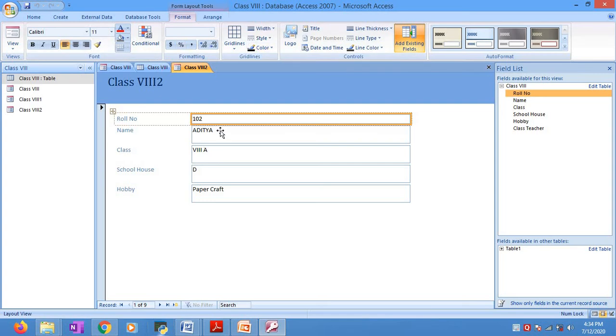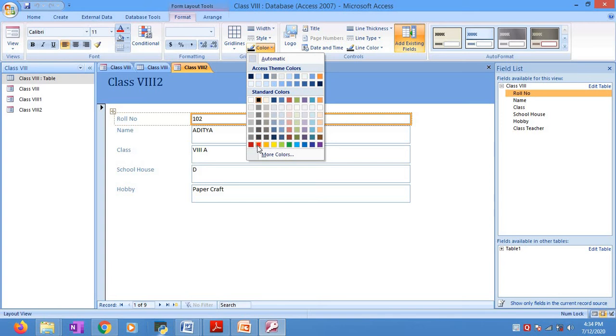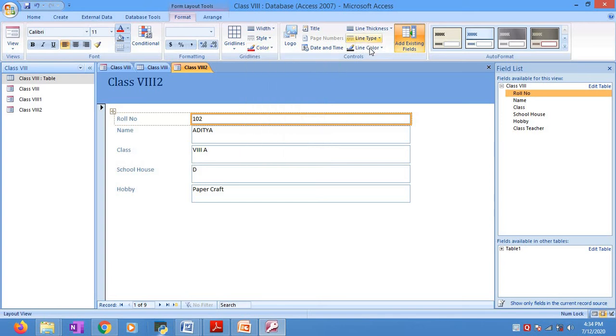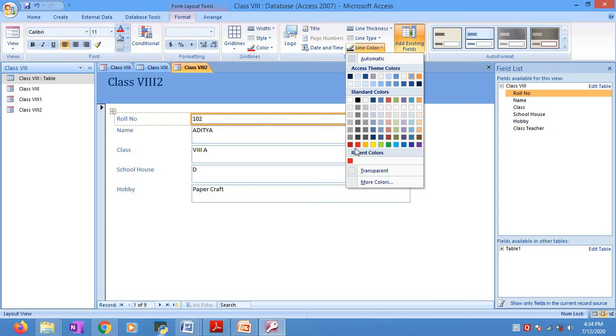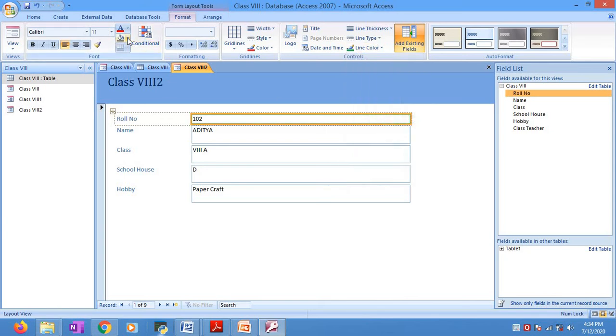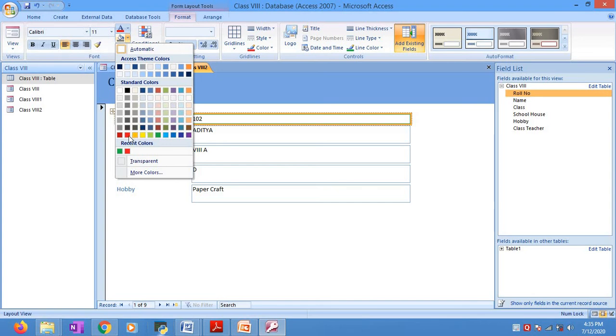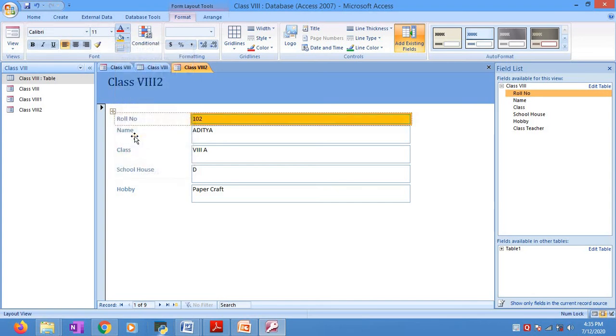In the book on page number 45, see, changing field formatting of form. How will you do that? You click here, you go to the color, you choose the color of your choice, then the line color, again the green color, and for filling I choose the yellow color.